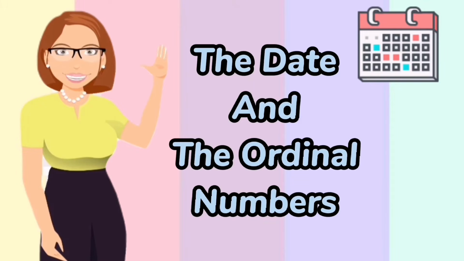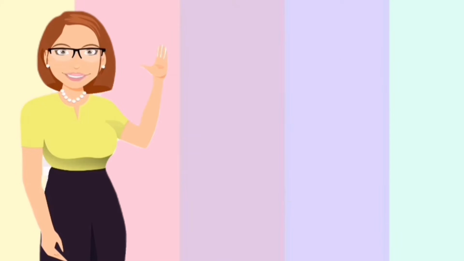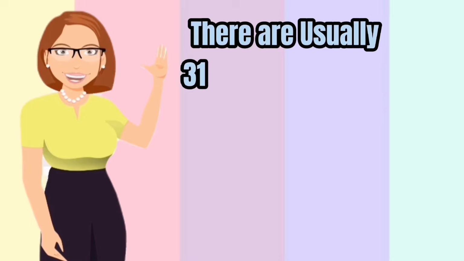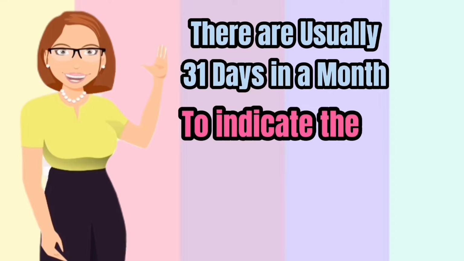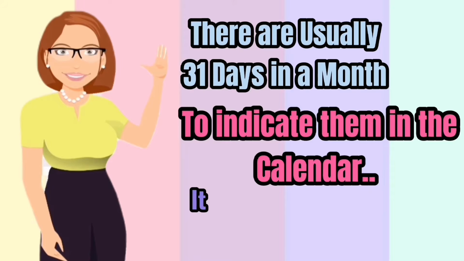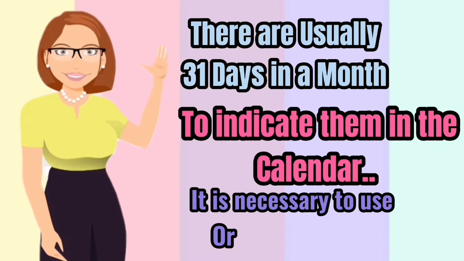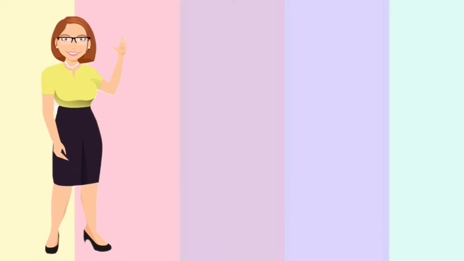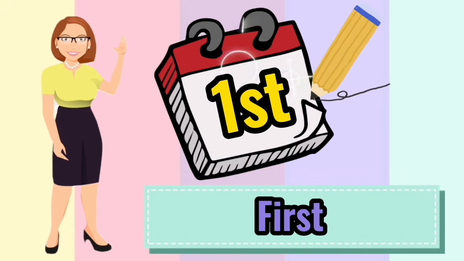The date and ordinal numbers. There are usually 31 days in a month. To indicate them in the calendar, it is necessary to use ordinal numbers. For example, first,